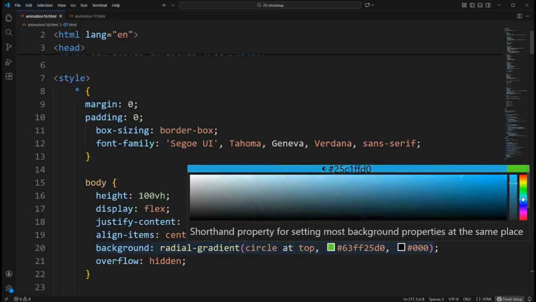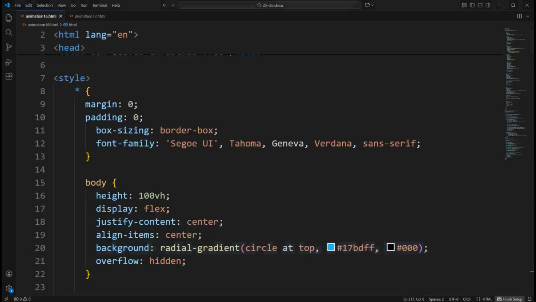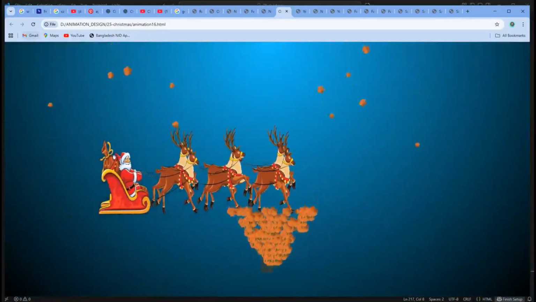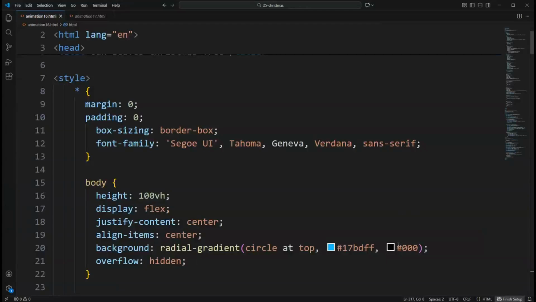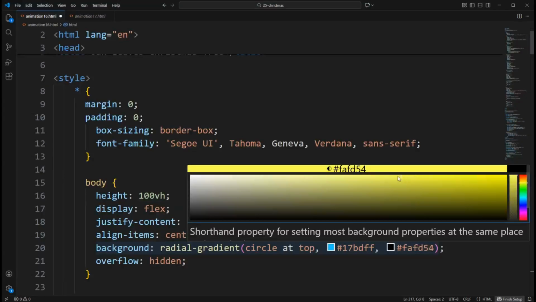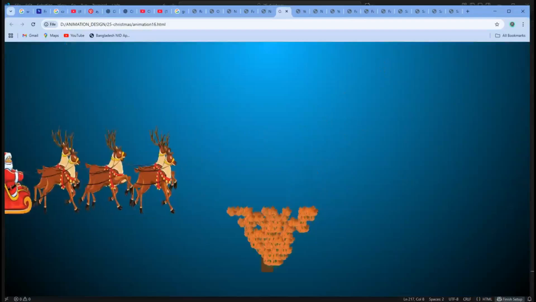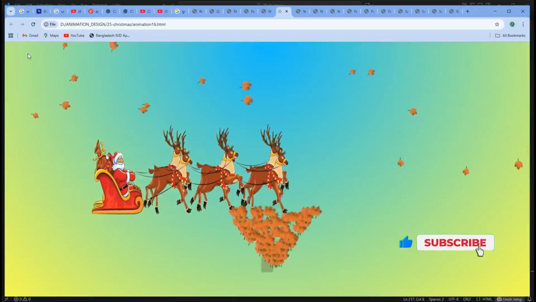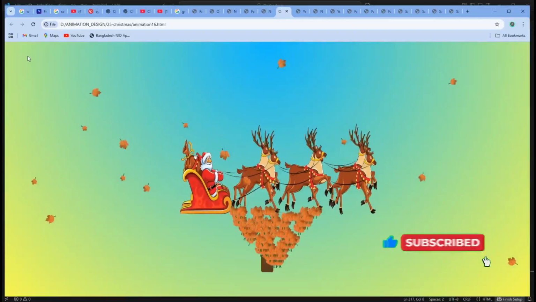Overall, the project demonstrates how a Christmas tree can be symbolically represented through motion and transformation rather than static imagery, using CSS transitions for elegant morphing, keyframe animations for continuous environmental effects, and JavaScript for procedural layout and timing, resulting in a creative holiday animation where scattered oak leaves organize themselves into a festive tree while Santa passes by and leaves gently fall, blending nature, celebration, and animation into a single cohesive visual